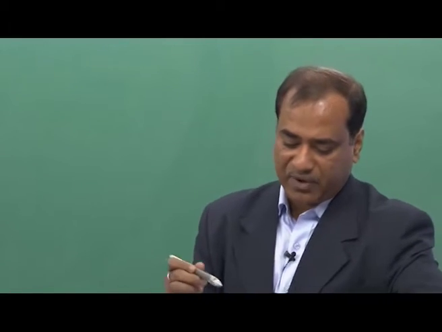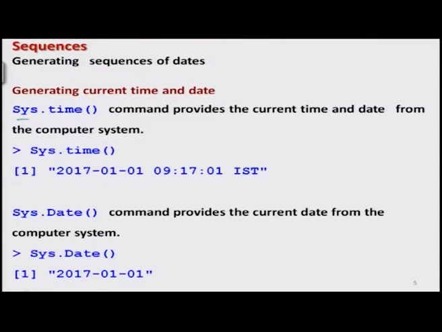But before that, I would like to introduce you to two commands by which I can always find out the time and date of the system. The system is your computer system. So, in case I want to find out the time, I simply have to use the command Sys.time and then the bracket. Note one thing, that the first S is going to be a capital letter and the other s is going to be a small letter, otherwise this will not work. So, for example, if I execute this, I get this data, this is giving me the date, and this is giving me the time, and this is giving me the time zone,